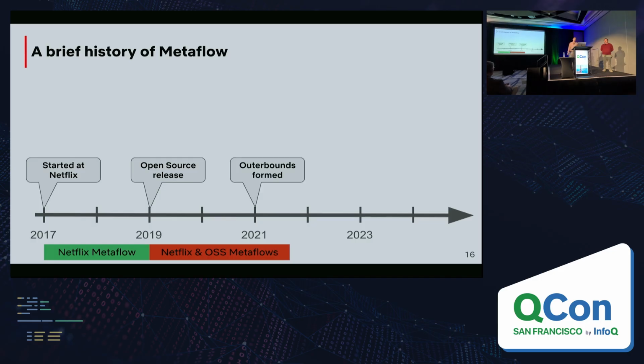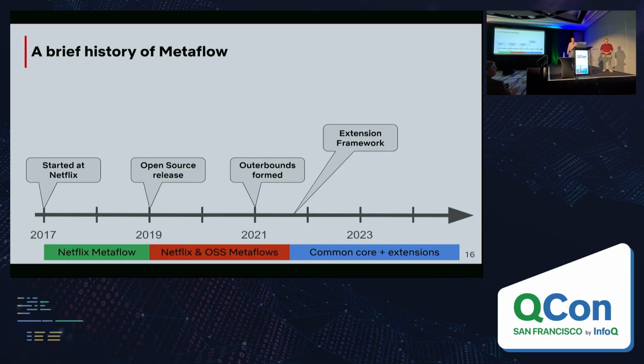In 2021, a company named Outerbounds was formed with some of the employees from Netflix that basically went out and created a company to support Metaflow in open source. It's still around. And at that time, we still had 2 versions of Metaflow, which was kind of difficult for collaboration. We finally merged it in the middle of 2021, and this is the state we're in right now, where